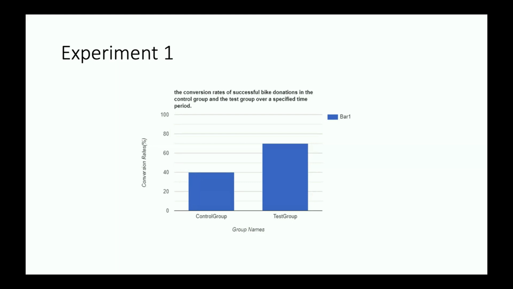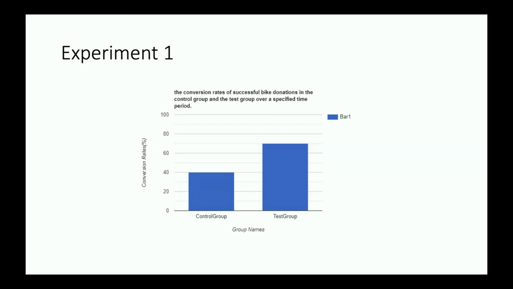To test the accuracy of the bike donation recommendations provided by the program, we can set up an A/B test. We will randomly divide the users into two groups, a control group and a test group. Each group contains 10 people. The control group will receive the usual recommendations generated by the program, while the test group will receive a modified version of the recommendations. The modified recommendations will be generated by incorporating feedback and suggestions from bike donation experts or organizations and improving the relevance and suitability of the recommendations for the users.